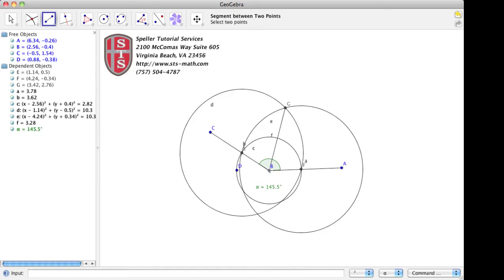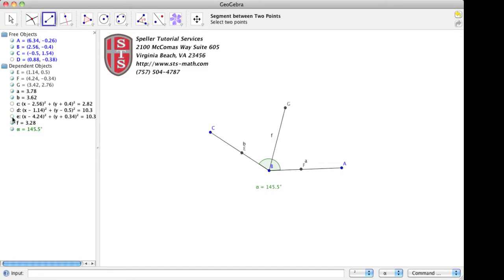Right now our graph is very busy with a lot of circles and a lot of extra points. What we're going to do now is just hide those points from view. These circle objects and other points are still here on the actual tool, but they're hidden away to remove the complexity from the screen. Next, we're going to go ahead and create the actual angles to show that they're equal.